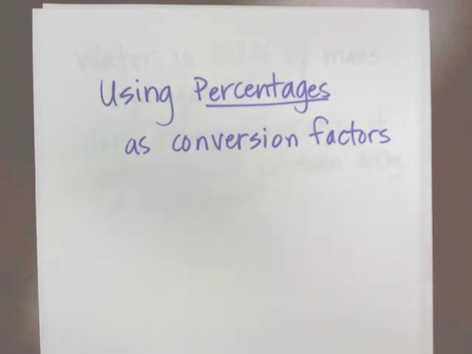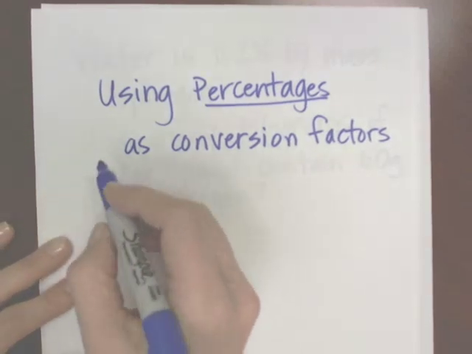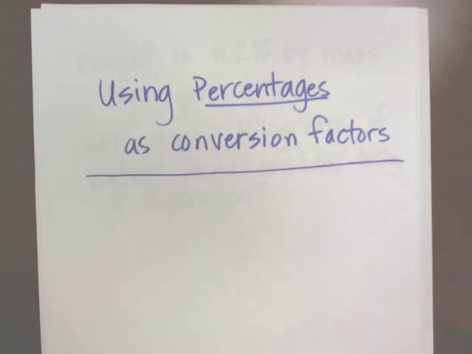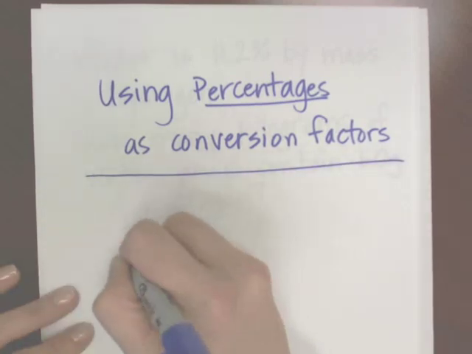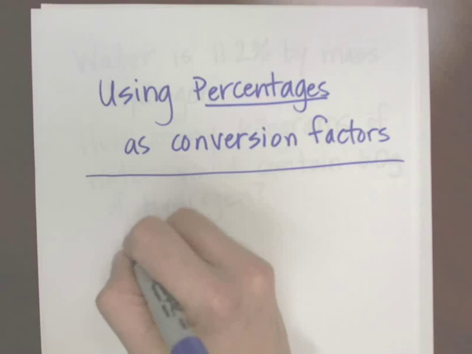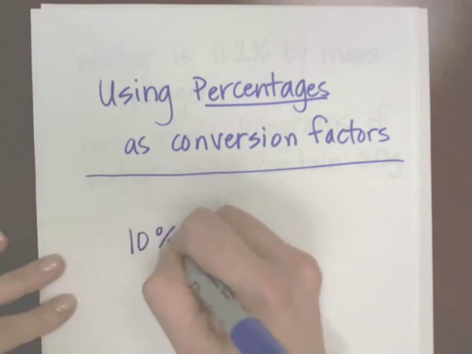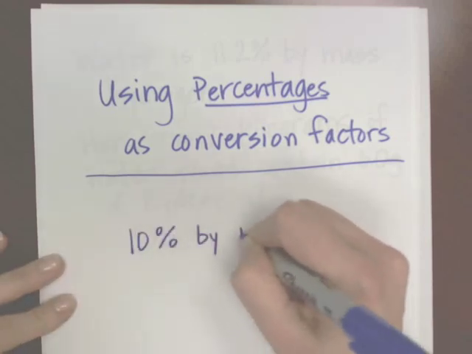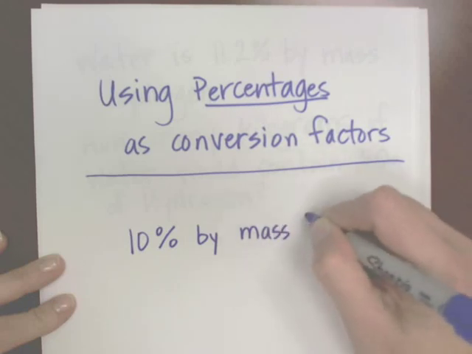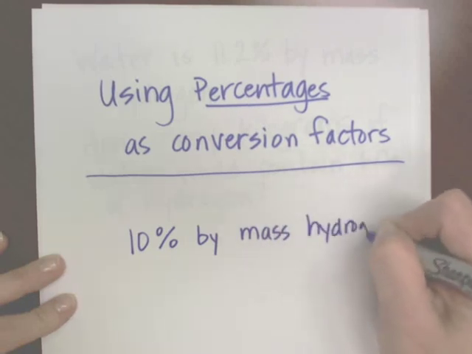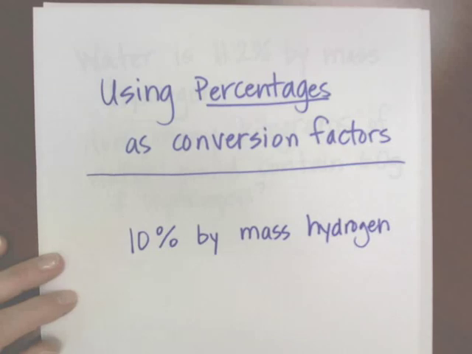The purpose of this video is to help you get a game plan for conversion, for problem solving when you have percentages that are given in the problem and need to be used as conversion factors. So I'm just going to give a made up example here. If we have something that is 10% by mass hydrogen,